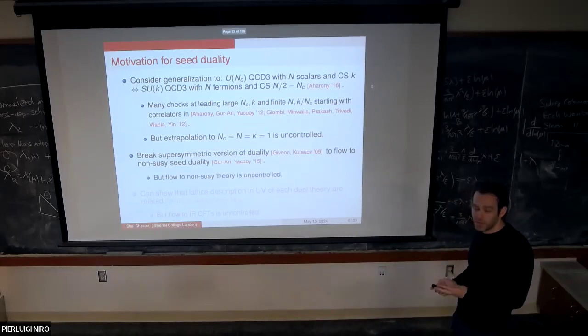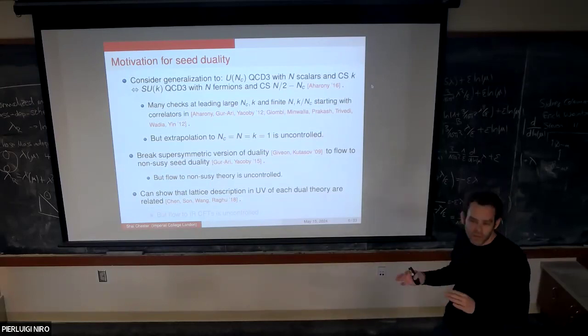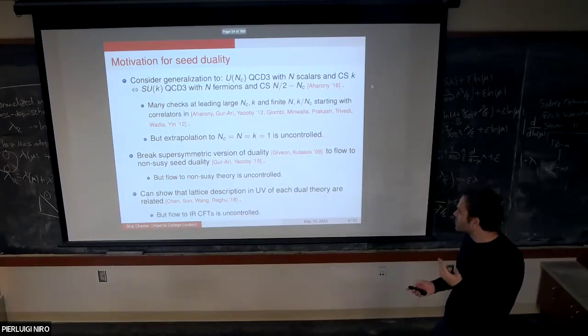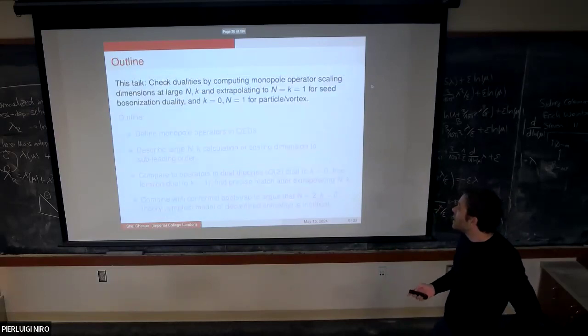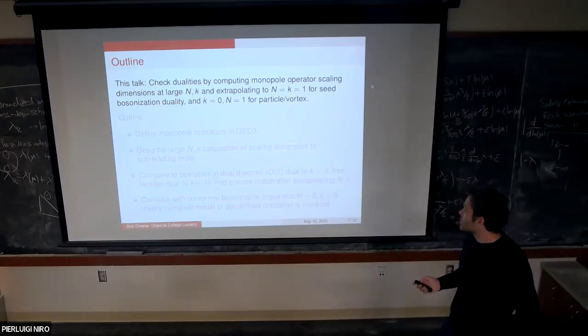This is again suggestive, but it's not a proof because the flow could be supersymmetry. And then finally, you could take lattice descriptions, which are putatively flow to each of these theories, and then show that they're kind of exactly the same on the lattice. But again, this is more suggestive because the flow is always in control. Okay, so in this talk, we're going to check these dualities by computing multiple operator scaling dimensions in a